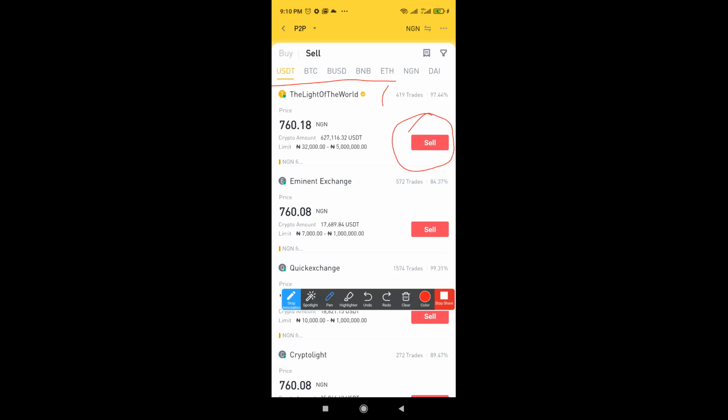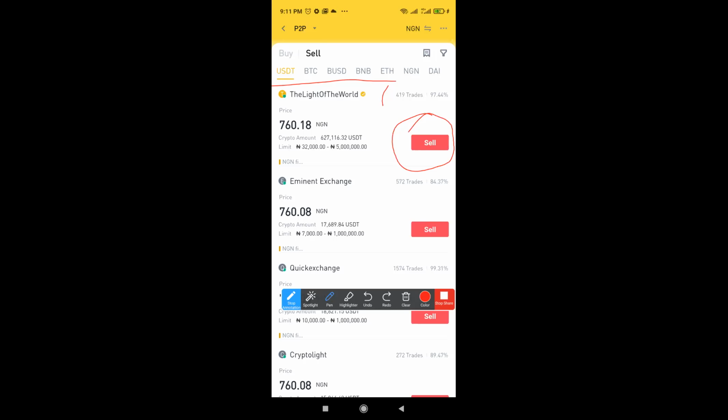Okay, it's very easy. They'll send you a text message actually, or you see a notification on your phone. After you have clicked on sell, you type in the amount, type in your account number if it is your first time, and then hit sell. Once you hit sell, the person will be ready to send you money. Once the person confirms that he has sent you money, you see a notification on your phone that this person said they have sent you money, please release his crypto. And then you see a place to release crypto and you release it. It's quite easy. To be honest, it's very easy.